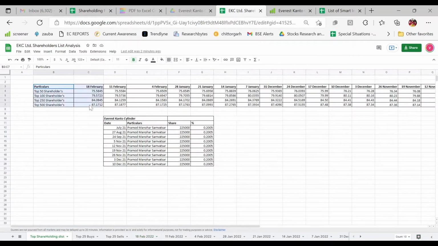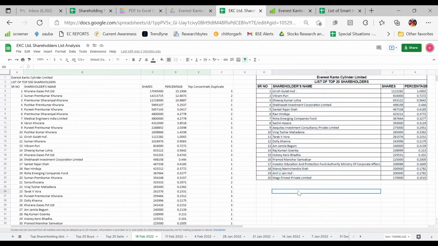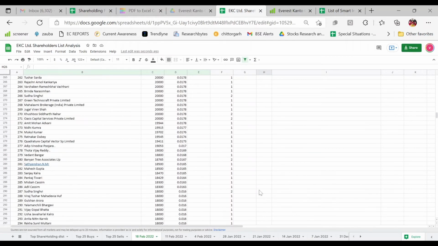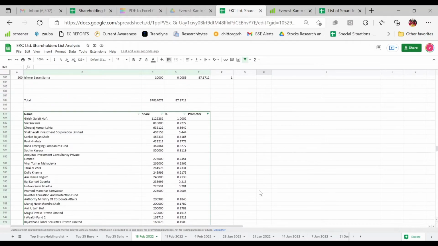So three things we share in the group: the concentration, the top 20, and also the ideal investors for the first type of analysis. Just put a list of ideal investors here, whatever the names are. We are already aware of EKC's shareholders and ideal investors, so I'm not doing the same here, but we have to do it for every first-time list. Now comes the second type of analysis.